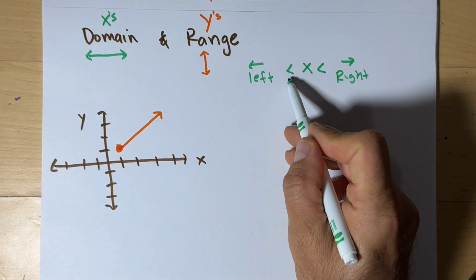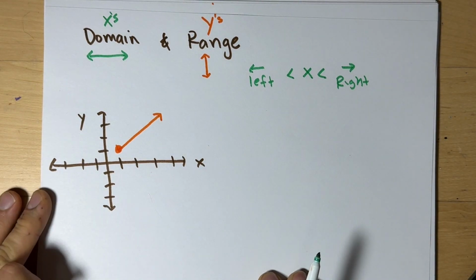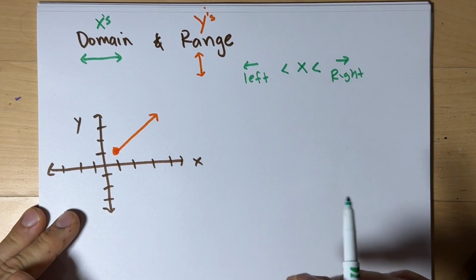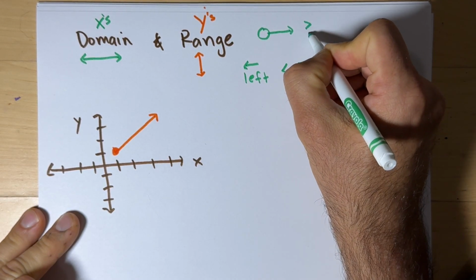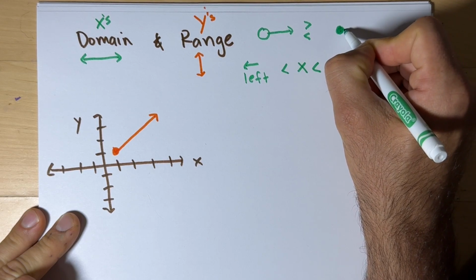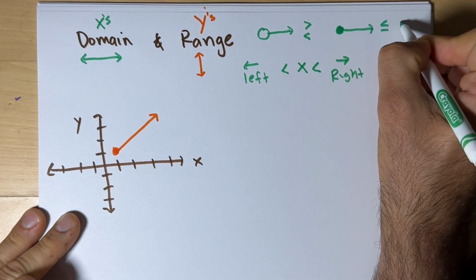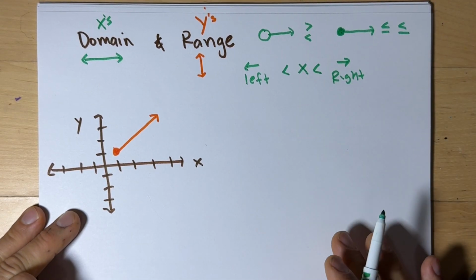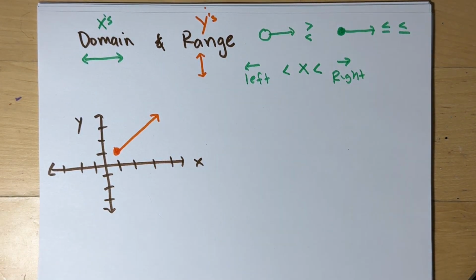Sometimes when we're including a number, we'll have an equal sign. So in algebra, when we did a basic inequality, we learned that when the graph looks like this, we have greater than or less than. But when you're touching the spot, the solid dot, or with part of the line, you have the equal sign that goes with it. So we'll try to mention that as we go. So let's think of this graph here. If we use a little ruler,